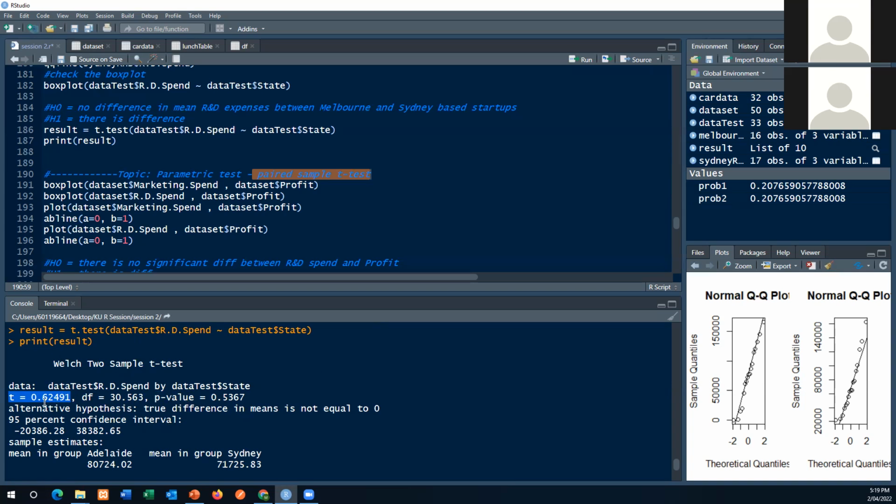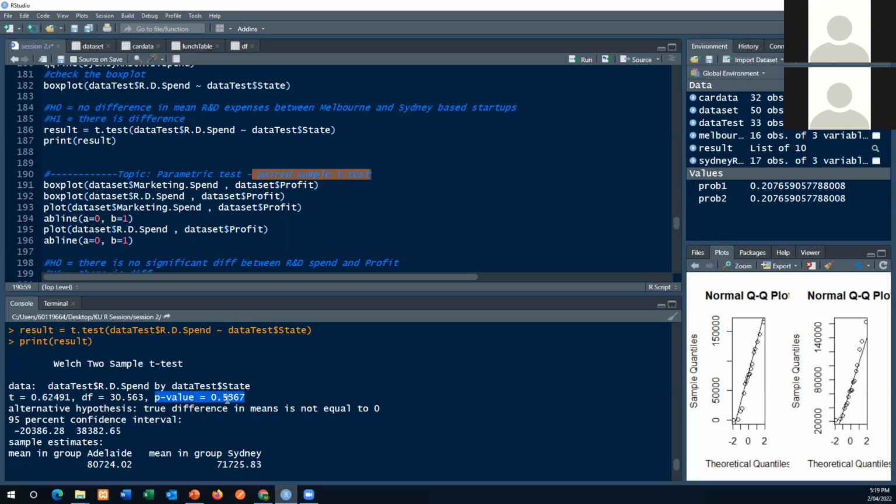on the Student's t-distribution curve, the t-value is this much. If someone wants to calculate it manually, there is a chart; looking at the t-value and the degrees of freedom, we can know the value of the p-value. If they don't want to accept it and want to do a manual calculation, given a t-value and degrees of freedom, there is already a standard published chart, and by looking up the value in that chart we can manually calculate. But in the case of test results, we always look for the p-value, the significance